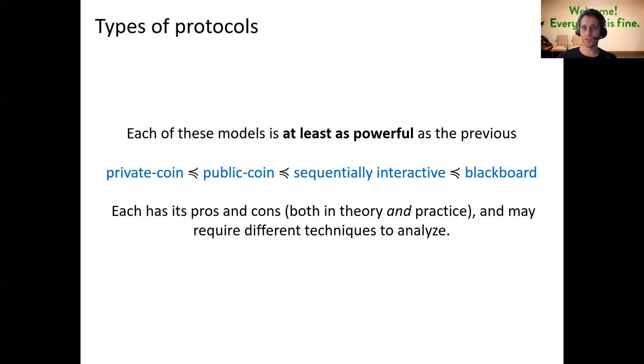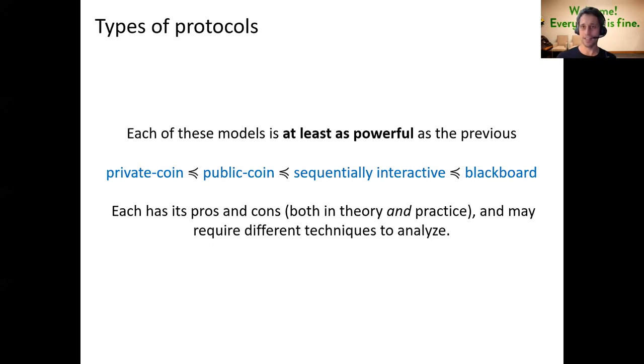Another thing that's important to mention is, in spite of the fact that blackboard is more permissive than sequentially interactive, etc., each model has its pros and cons, both in theory and practice. It's not that one of them is superior to the other. So for example, in practice, you might have different issues implementing those. You will have latencies if you allow interactivity, or you might or might not be able to have that shared random seed sent to everybody. So interactivity might be good to get more efficient protocols, but might be harder to implement,